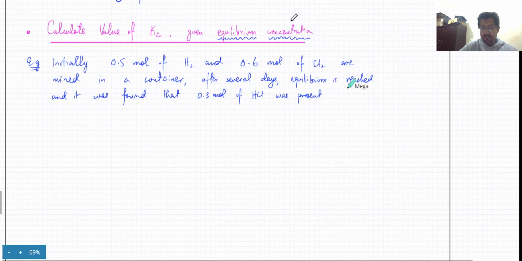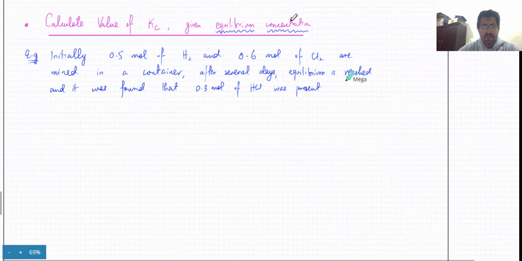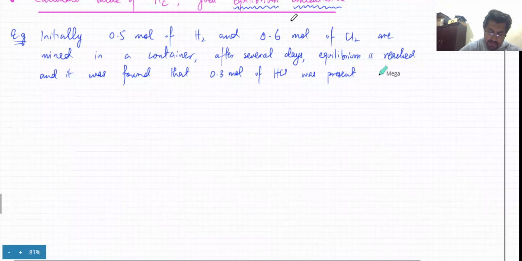So after several days, it was found that 0.3 moles of HCl was present. So you're going to get a question like this. What does the question state? The question is stating that initially